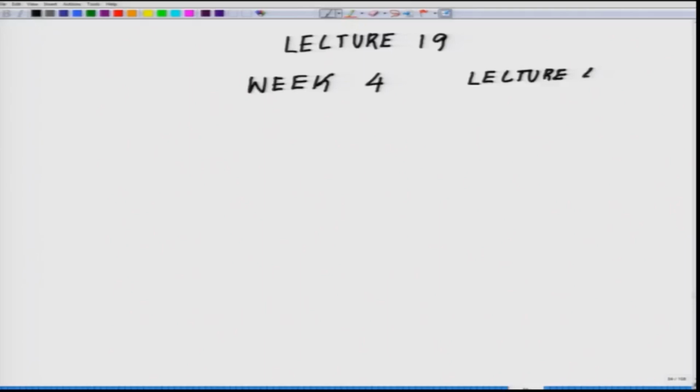So, today it is our lecture 19, week 4, lecture 4, W4 L4. Okay. So, one of the examples I wanted to give as part of the redox titration is